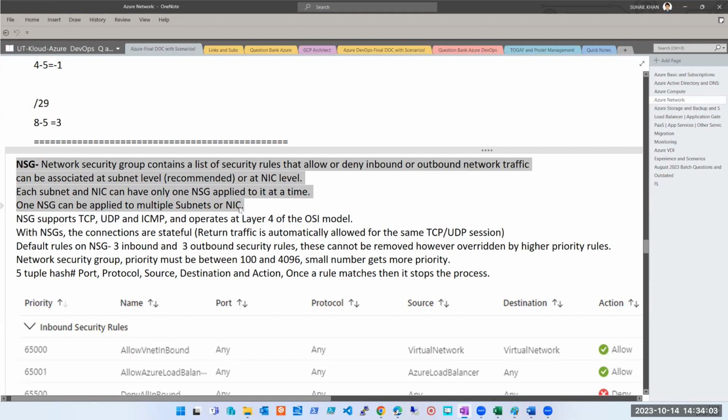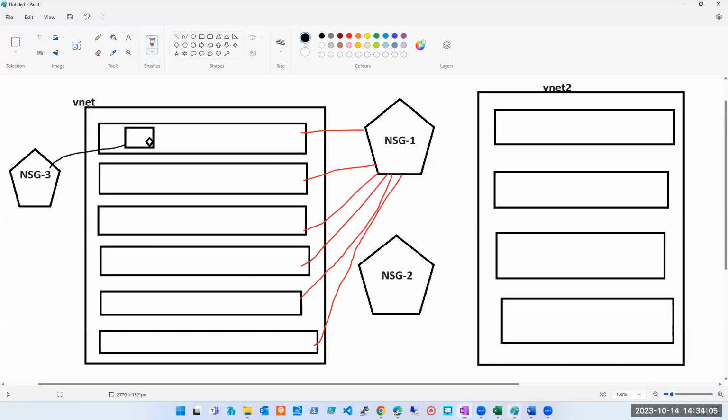Scenario based questions, when they come, will be like: my virtual machine A has NSG3. It is a part of subnet 1 and the subnet has NSG1. In my NSG3, I have a rule that internet is allowed. However, on NSG1, I have a rule that YouTube is not allowed. Will the user sitting on this machine be able to access the internet or not? A question like this will come. I know now you will not understand that, and I wasn't even expecting you to. I was just giving you an example.